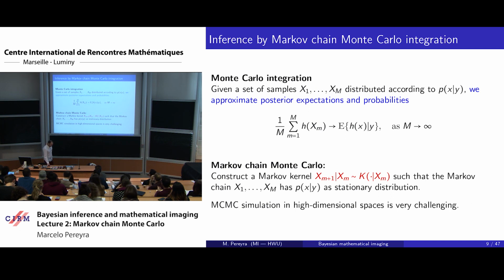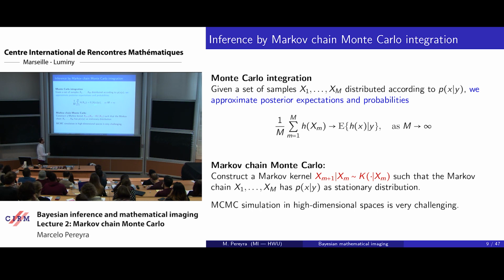So let's adopt a different strategy. Instead of trying to minimize the cost function, let's try to compute expectations and probabilities so that we can apply Bayesian decision theory and solve the problems in the way any Bayesian statistician would solve them. So just compute the posterior mean, or compute a hypothesis test, or a credible interval, or compare two models, do any of these things. So what we need to do is compute expectations of some function h. This is not the regularizer, it's just some function h,